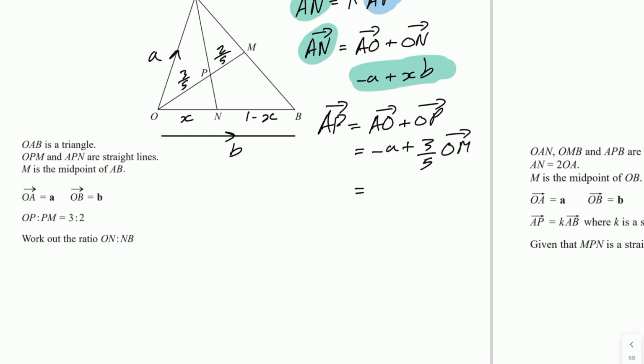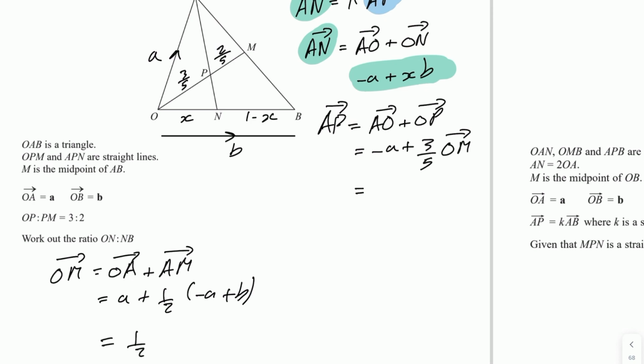So, well, what is OM? We can figure that out down here, I guess. OM is OA plus AM, which is minus a plus a half of a plus b, which is a half a plus a half b. Okay, so we now know what that is. We can substitute that in. That's 3/5 of half a plus half b. And if we tidy that all up, we'll end up with minus a plus